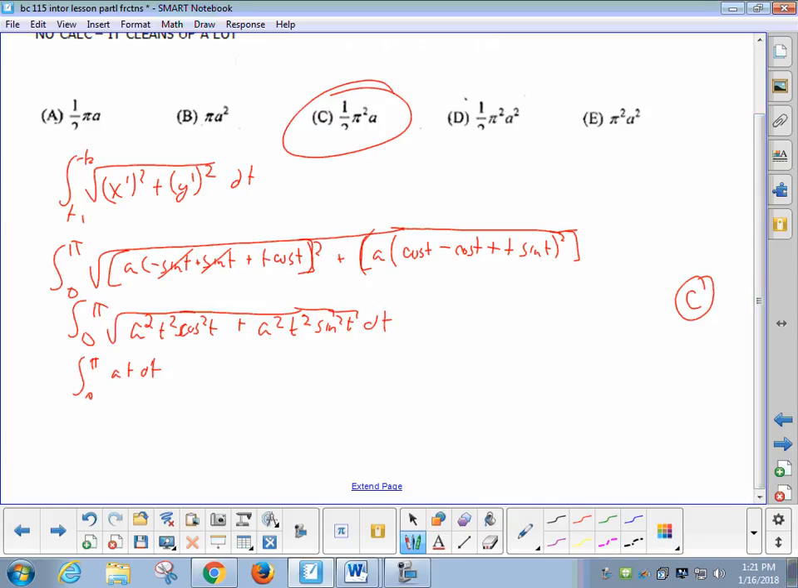So what is the antiderivative of a t with respect to t? Half a t squared from 0 to pi, so a over 2 pi squared minus 0, that is, wait,